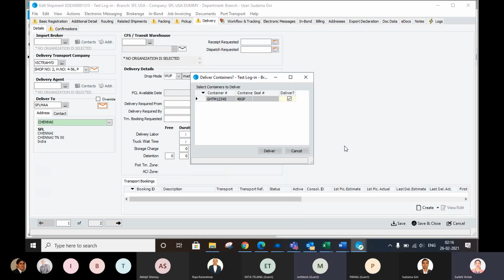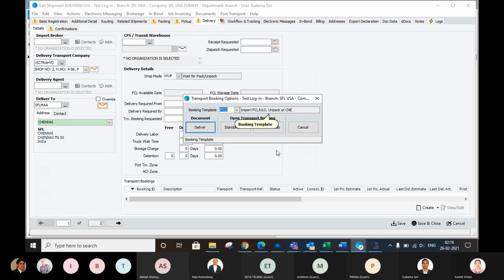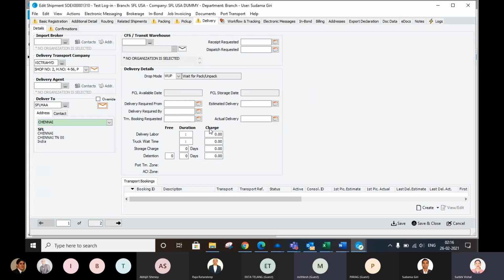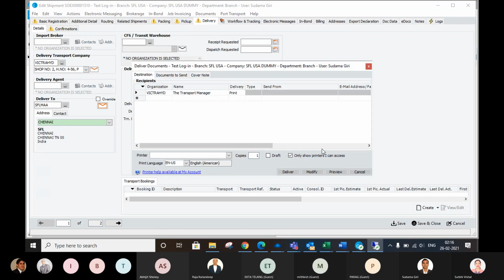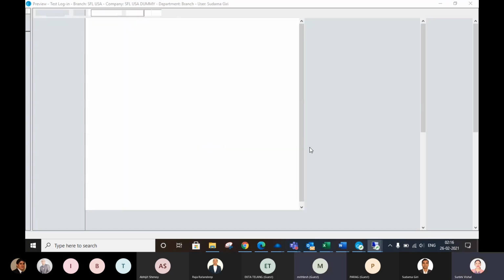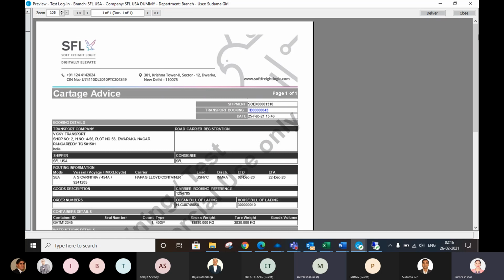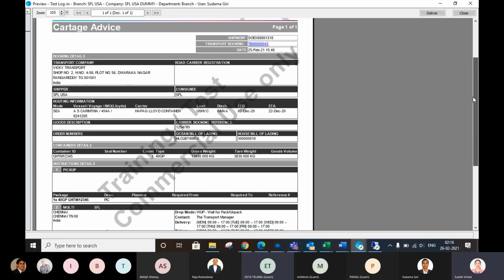Yeah, show the cartage advice. Any other cartage advice, Sudama? Okay. So, fine. Is it visible, Ekta? If you can see, scroll down, Sudama.